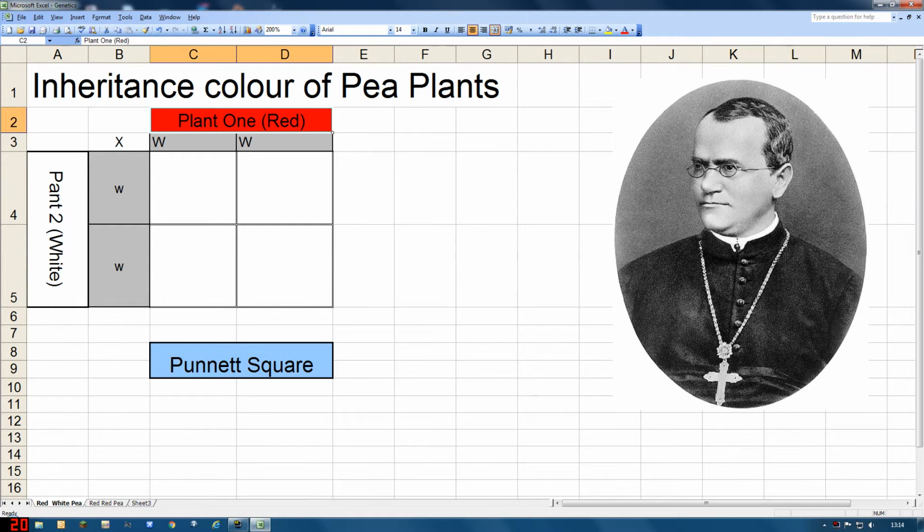Along the top here we have what I referred to as plant 1, but it's just one of the parent, either birds or plants in this case, and we have plant 2, which is the second parent plant or bird. Underneath each of these two we have 2 smaller boxes that in this case both contain W's. These boxes represent the possible alleles of each of the